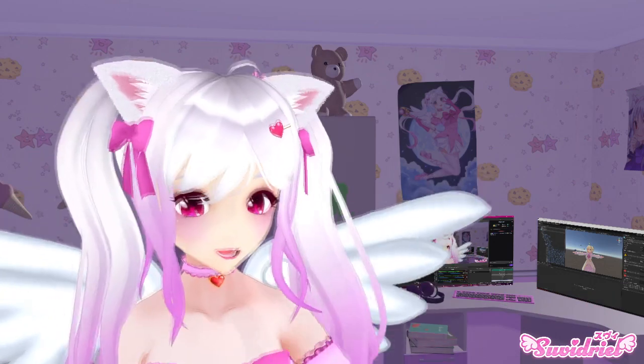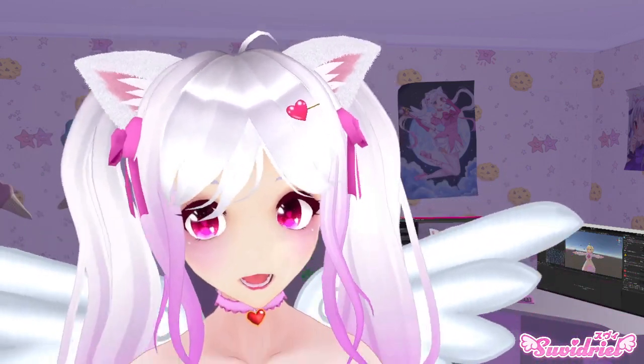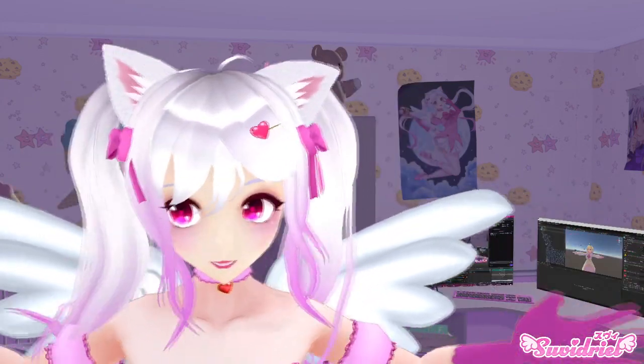So today we are going into yet another of the new features we can do with the VSeeFace VSF avatar format, and this time it's going to be the audio source. The audio source will allow us to play different audio files during our animations. These could be explosions, a bonk sound like in the intro, or even music files if you want to add them to your MMD dance motions.